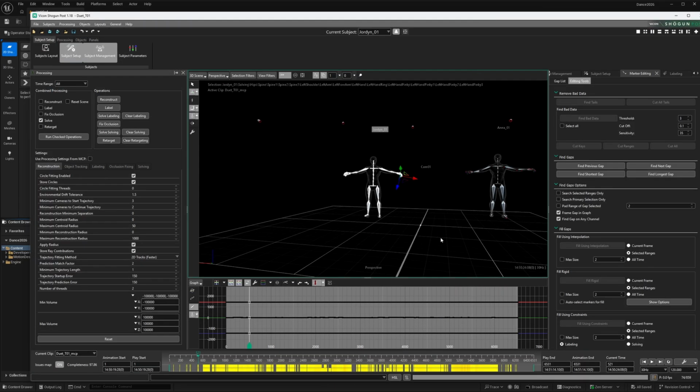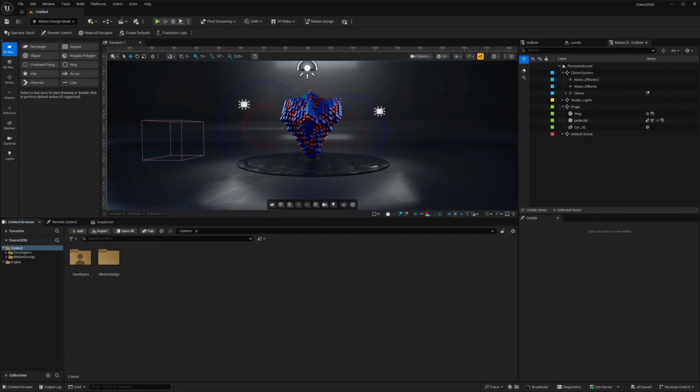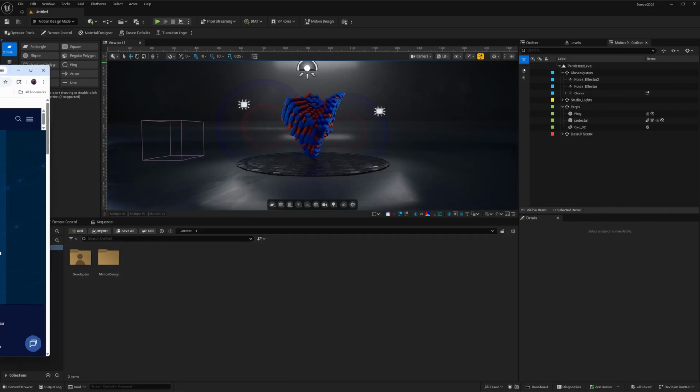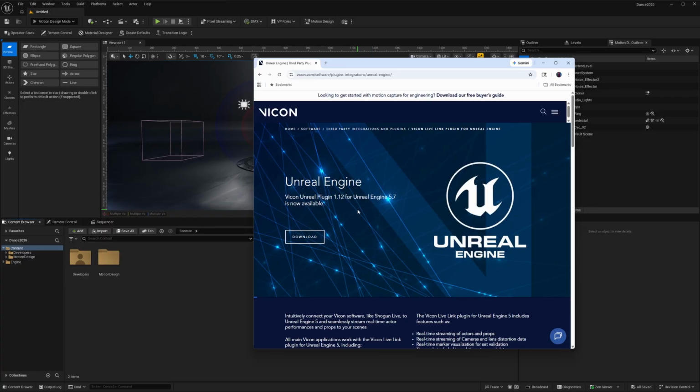We're ready to move on to Unreal Engine. Let's minimize Shogun. And one thing that I do have with my Unreal Engine is the Vicon Unreal Engine plugin installed. Normally this gets installed really just for live link capability, so you can have live data from Shogun showing up through live link in Unreal. However, there are some special sauce features in this plugin that are useful even if you're just transferring data via